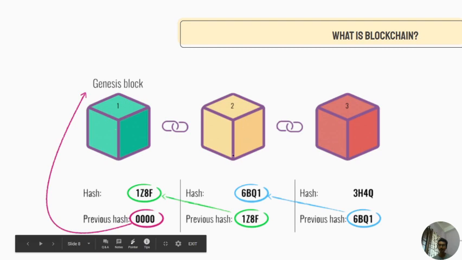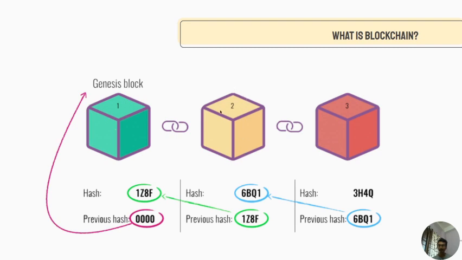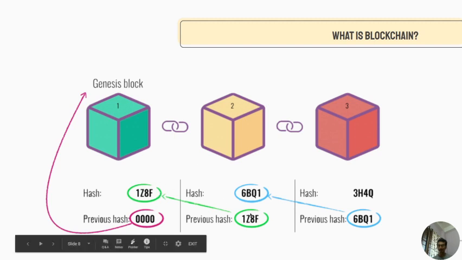Now suppose the next block is added. As I said, if 2 wants to get added to 1, then this block's hash has to be part of the second block. So you can check this hash now becomes the previous hash of this block, and for 2 I get this hash. In the same way, the blocks are appended and a blockchain is created, and you can check out here the hash, previous hash, hash, previous hash follows a diagonal manner. In this way the whole blockchain is created and the transactions are done.